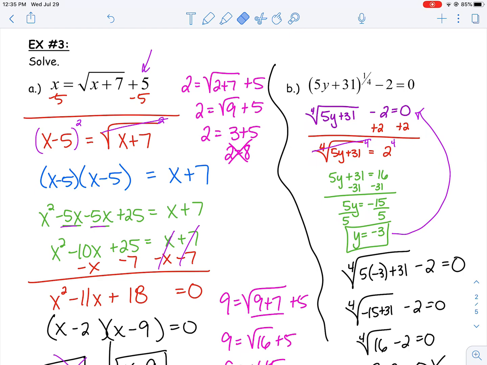Ooh, those are two good ones, right? Make sure, if you weren't sure on any of those steps, that you go back, you rewatch the video, maybe even try it again all by yourself to see if you can follow all the steps from the beginning to the end, making sure that you get the same solution that I